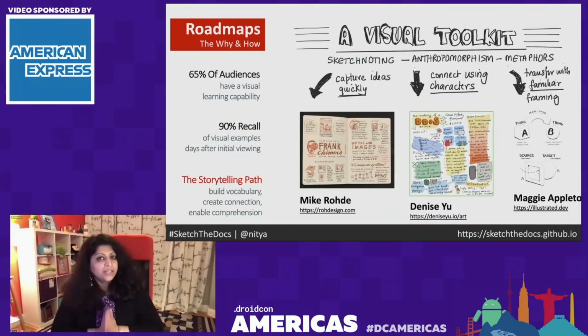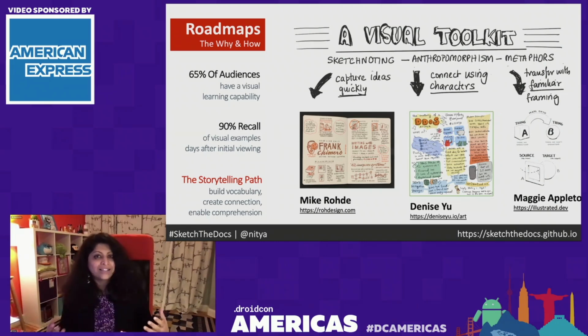So in this talk, I actually want to lay out a roadmap for what I think of as visual storytelling. But first, we need to answer the question of why should you care, right? It turns out that we're all at the core of it, right? We're all learners and we're also communicators. And in both these roles, learning, like how people learn, turns out to be a complicated thing.